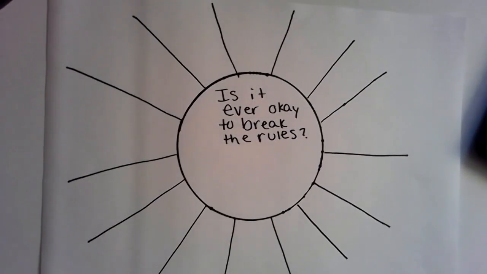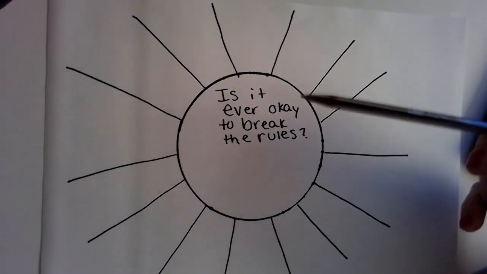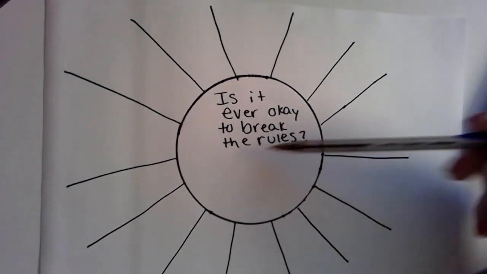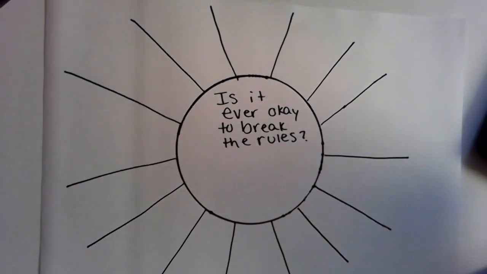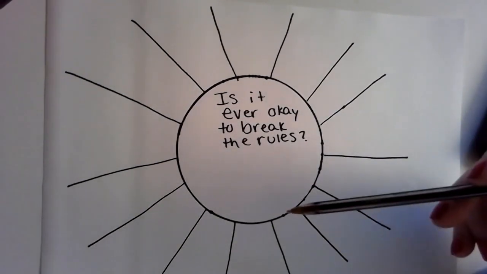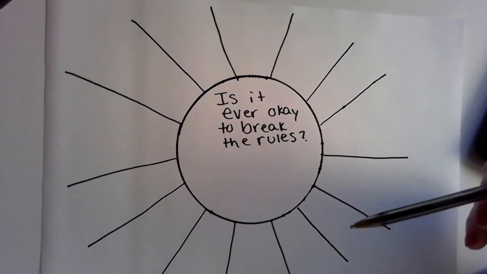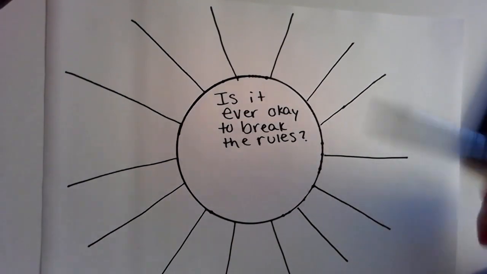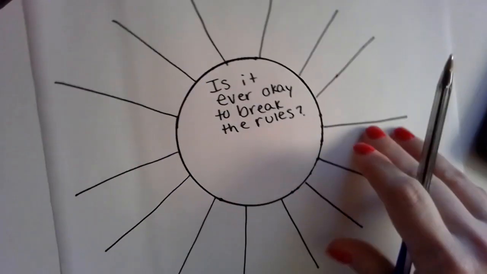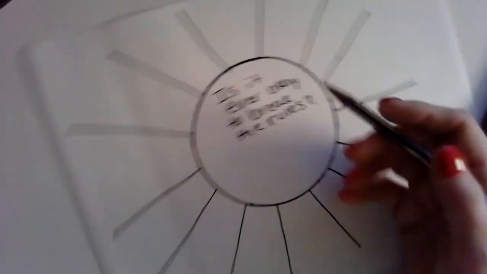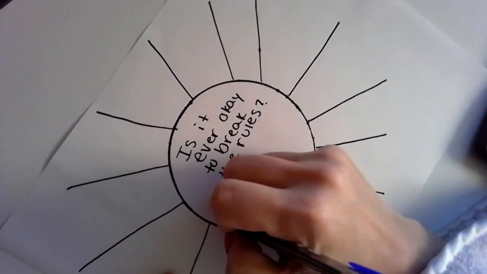You should have in front of you a piece of paper that looks like this. Here's our prompt: is it ever okay to break the rules? How did we say that we're supposed to rewrite our prompt into a thesis? Just restate the question into a sentence and give 2 reasons. All right, so here we'll say